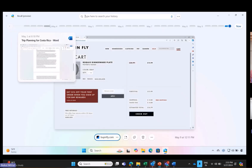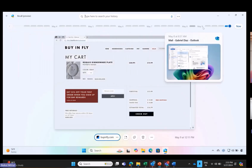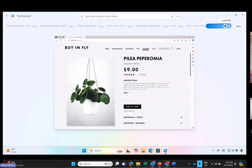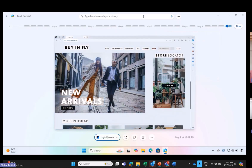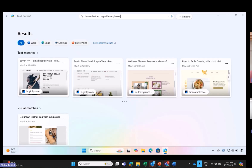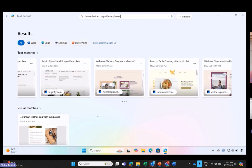So here what you see is a timeline of those screenshots that's getting created on your device, right? So you can refer back to any such particular timeline where you have gone through a deck, browsed a website, or attended a team meeting and any such things, right? You can choose to go back to that timeline either through this or just using your natural language to find those results. Let's say I did a presentation where